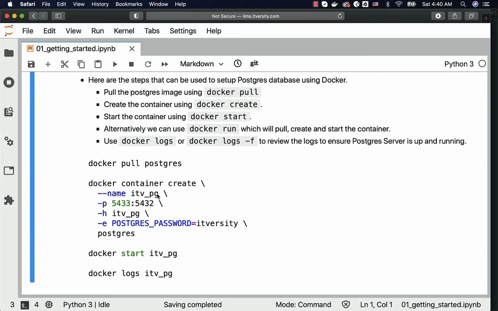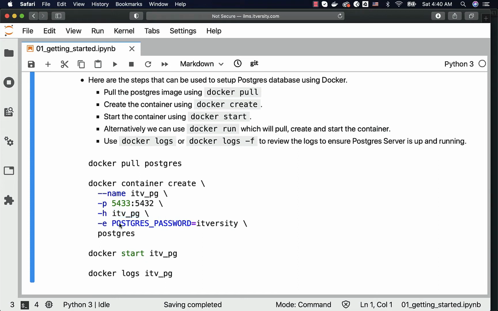So this is the container name which can be leveraged to manage the container. Once you log in, if you run hostname, you will be seeing this name because we are specifying that using -h. If you do not specify this, it will use a system generated name.